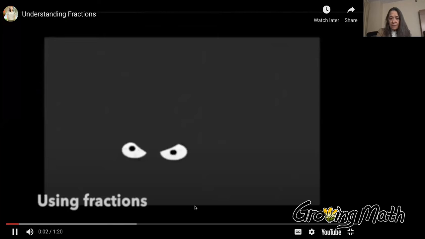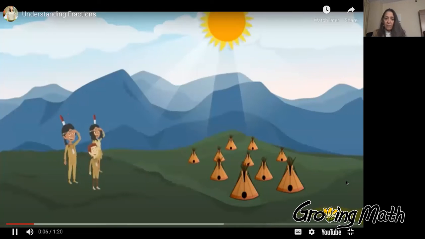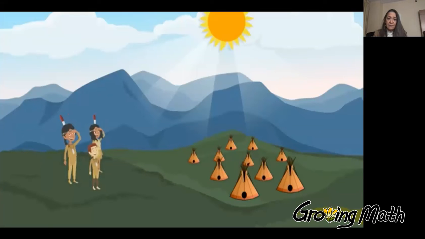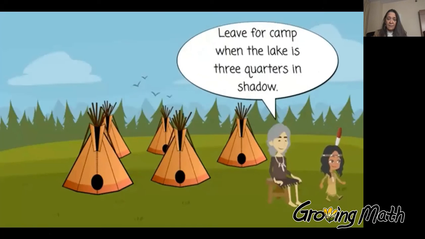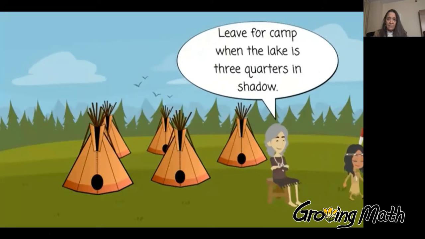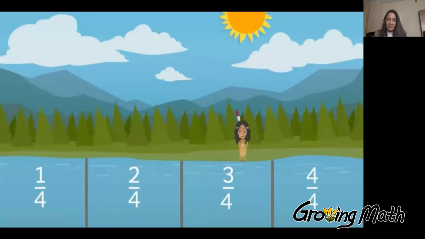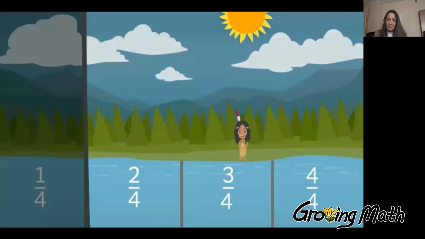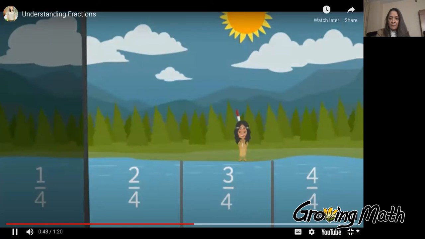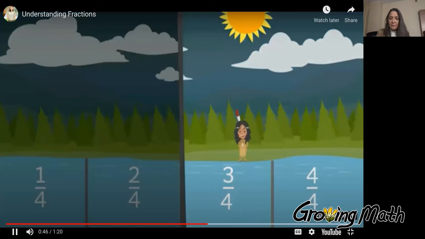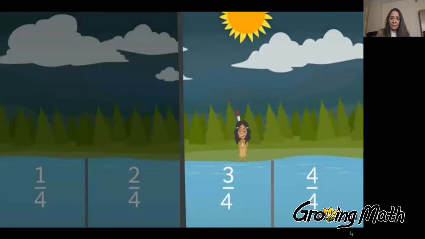Our ancestors used math too, including fractions. In the days when Anuk's aunts lived, children kept time by the sun. Her grandmother would say, leave for camp when the lake is 3/4 in shadow. The children would return to the camp before dark. When Anuk's aunts and her cousins arrived at the lake, it was early. None of the lake was in the shadows. See how the lake can be broken into 4 parts? After Anuk's aunts had been at the lake for a little while, 1/4 of the lake was in the shadows. After Anuk's aunts had been at the lake for a while longer, 2/4 of the lake was in the shadows. When Anuk's aunts saw that 3/4 of the lake was in the shadows,